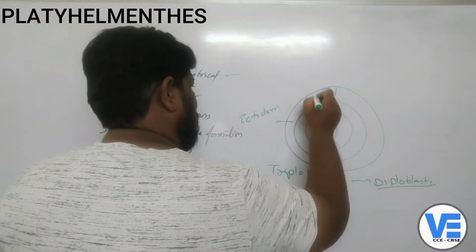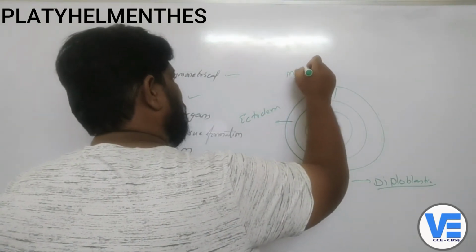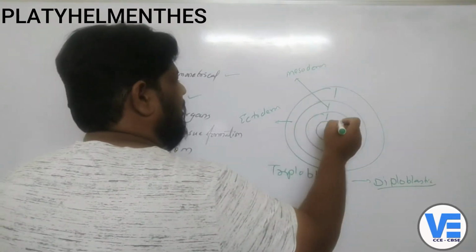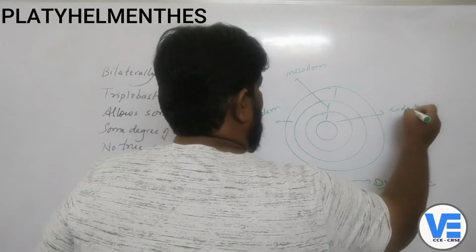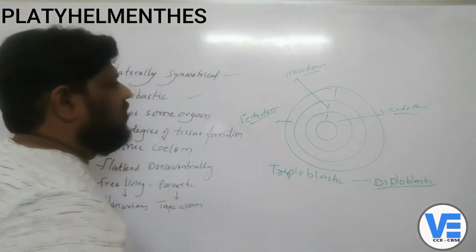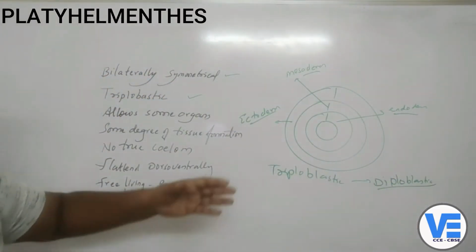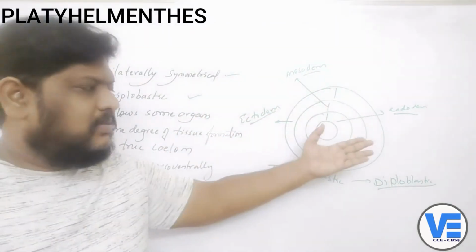Okay, the middle one is called the mesoderm. The third layer is called the endoderm. So like this there are three layers, which are ectoderm, mesoderm and endoderm. Now when you come to the